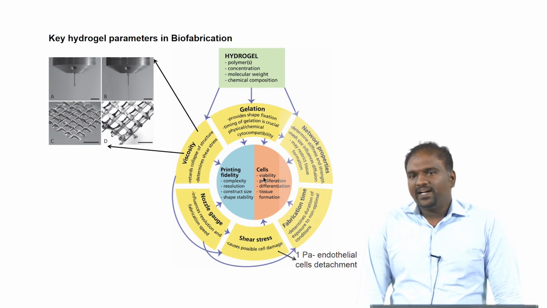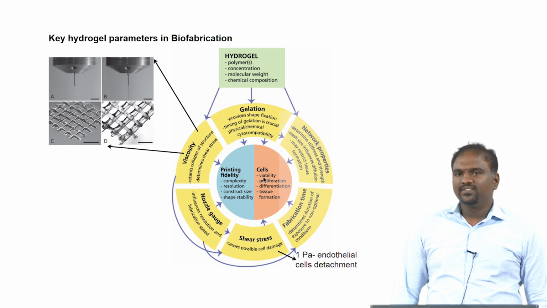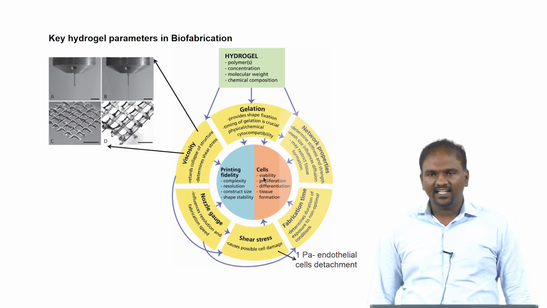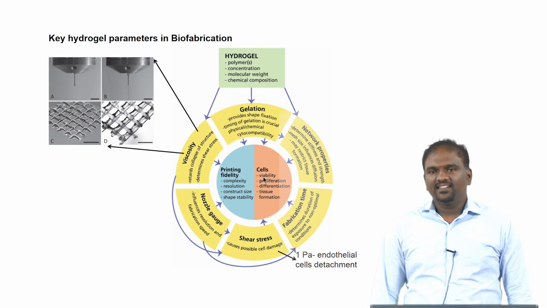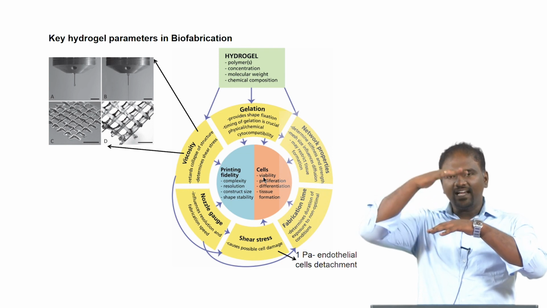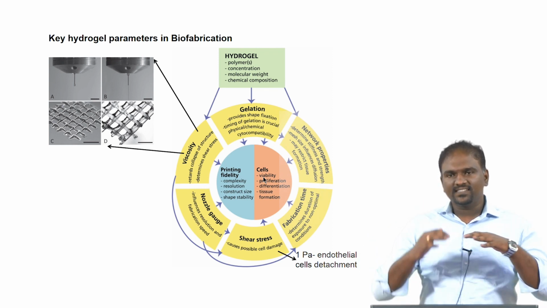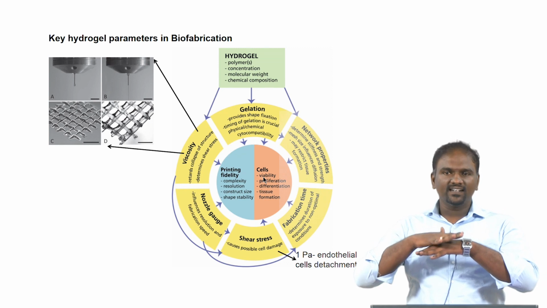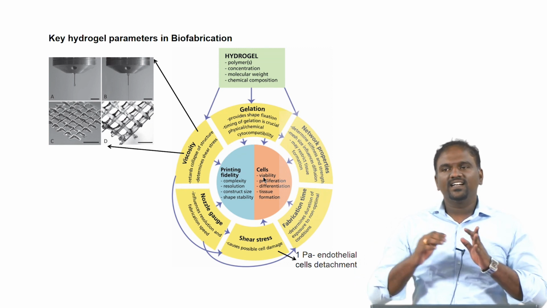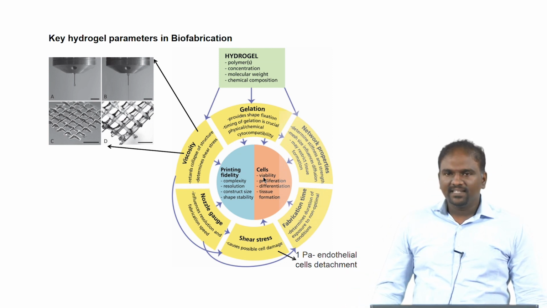With the same 1 Pascal of shear stress, they have also found that cartilage function is lost. To avoid that, we can increase the speed of printing and reduce the shear stress. Say, for example, we have the needle and we are applying some pressure to it. The time of applying that pressure will be less and the printing speed will be faster. So the shear given to the polymer solution will be reduced, the number of cells we get will be higher, and they will be viable. That is the ultimate idea here.